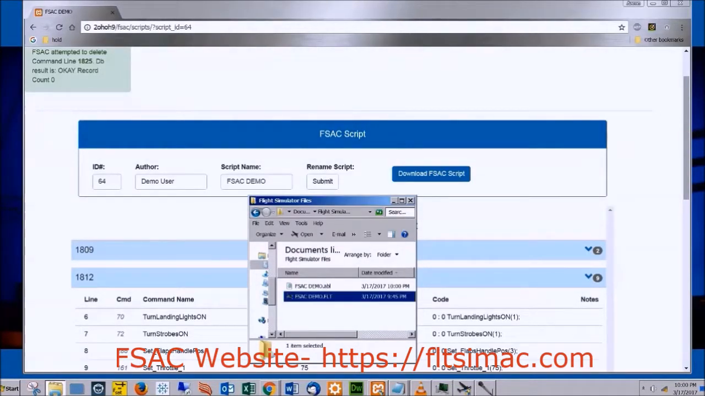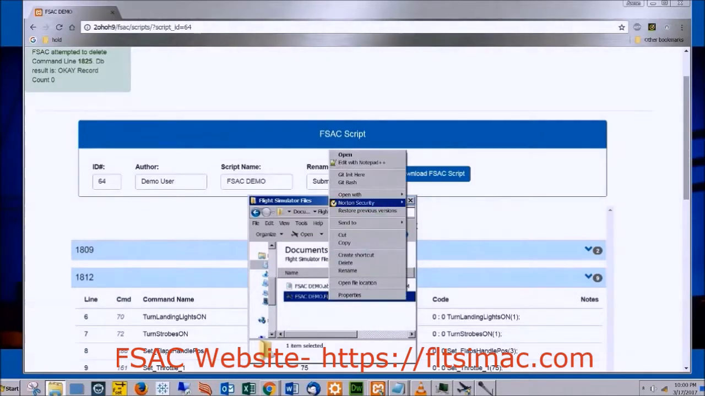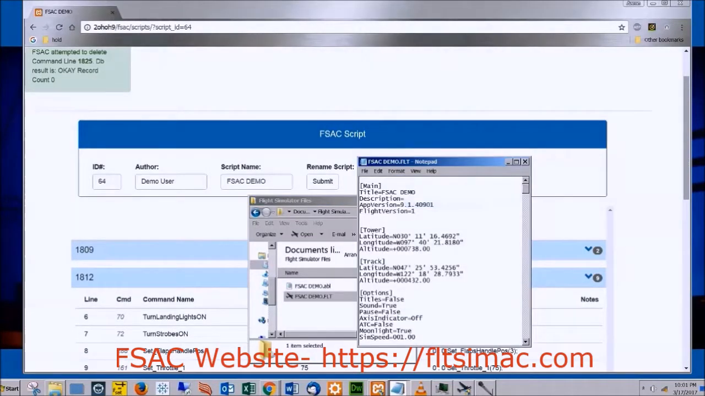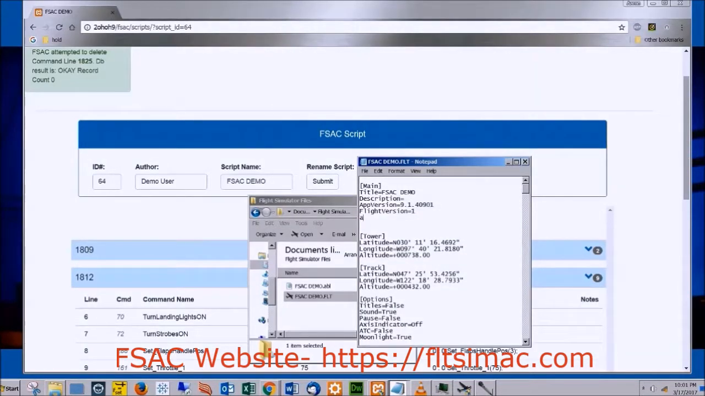And when you first create your script and you have a flight file that you want to match it up with, you need to open up the flight file in Notepad again. And enter in the line ABL script, and then the name of the ABL file